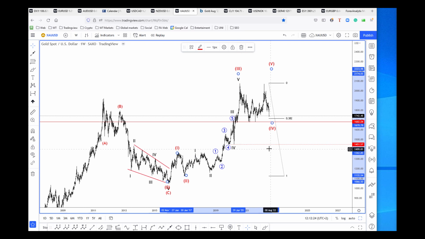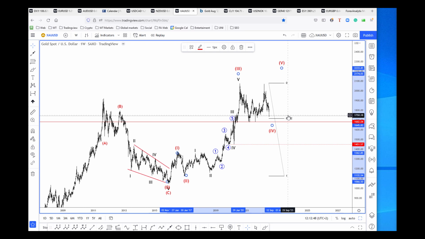Can be a flat, can be a triangle if maybe these swing lows here at 1680 will stay in place. So for now, what we are looking at is just tracking a correction, a very big higher degree correction within a higher degree uptrend. So I'm looking at this to be a wave 4, and at some point I think that these